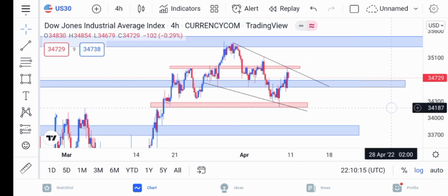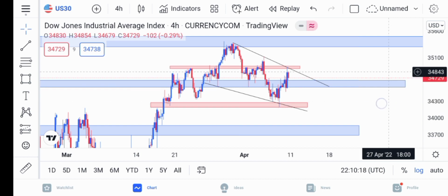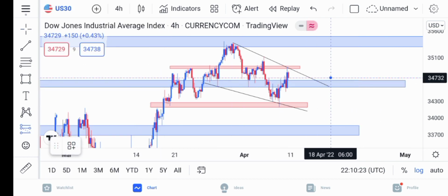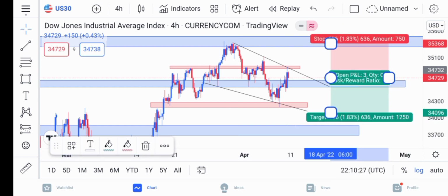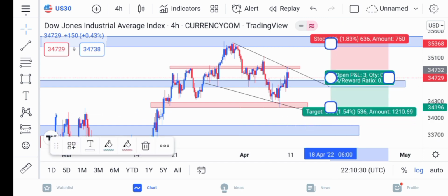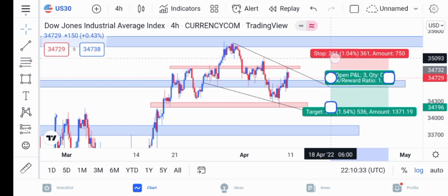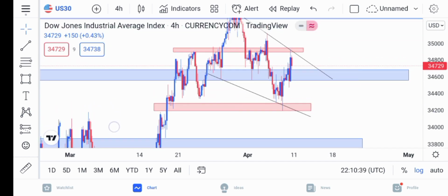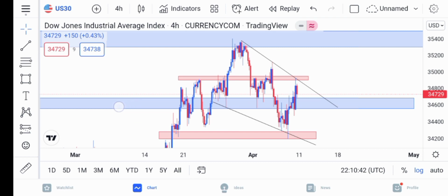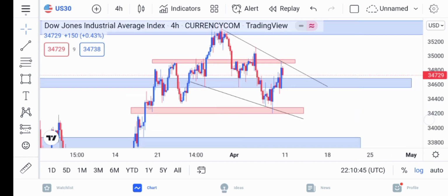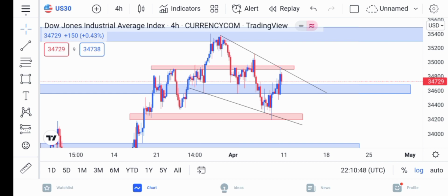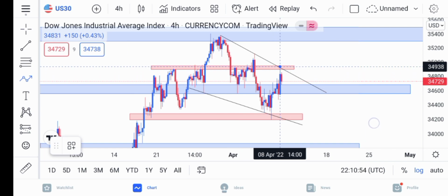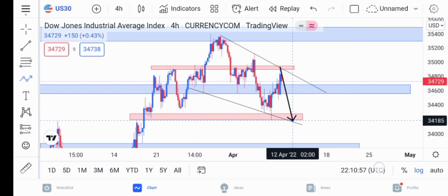But as you can see from this point over here, I can safely say you can take an entry level, a short position from this point over here, push into downward side up until here, and then this could be a possible stop loss around this area here or here. But that would be risky because last week we entered early and we did hit the stop loss. So this week we should play it as smart as possible. We should be smarter, and now we are going to wait for US30 to push downward side, touch this area here, then